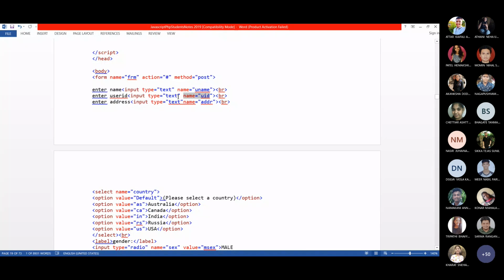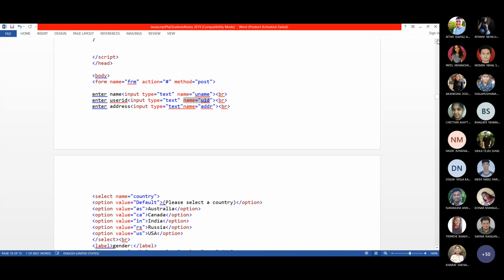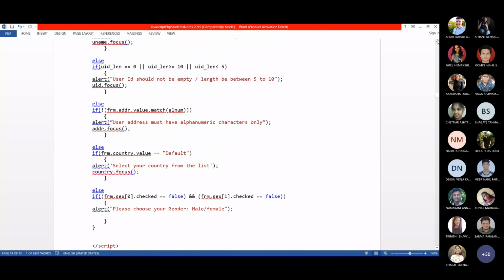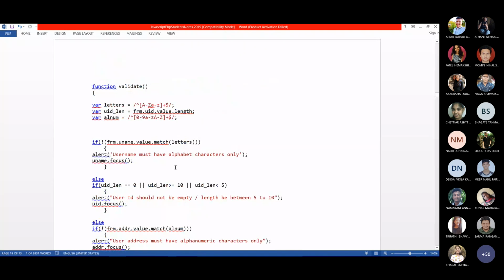Suppose in the user ID I enter 1256. Okay. So that 1256 which I entered will be retrieved using this JavaScript code. What code is it? Form name dot control name. My control name is UID. Okay. Control name dot value. So till this point it will pick up the value. Assume the number is 12356. Okay. That 12356 will be fetched by this statement, and then